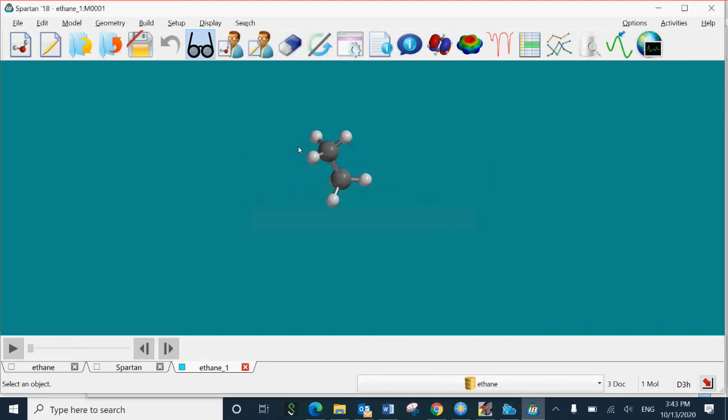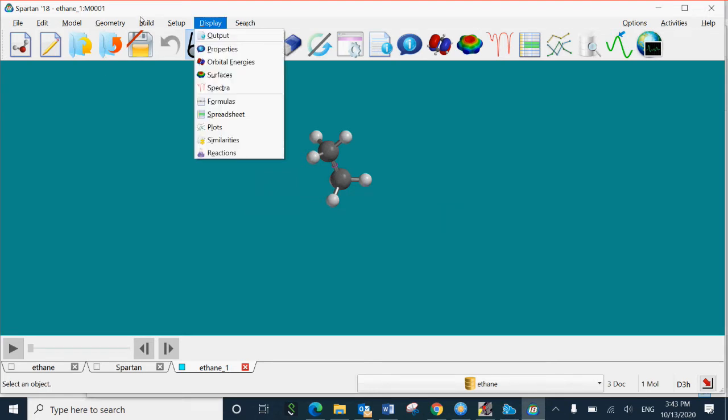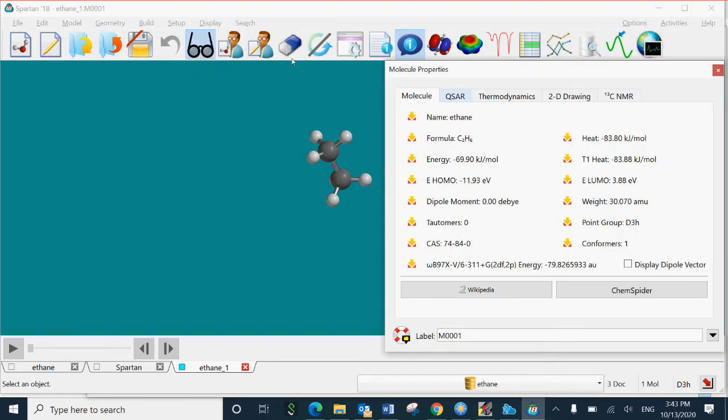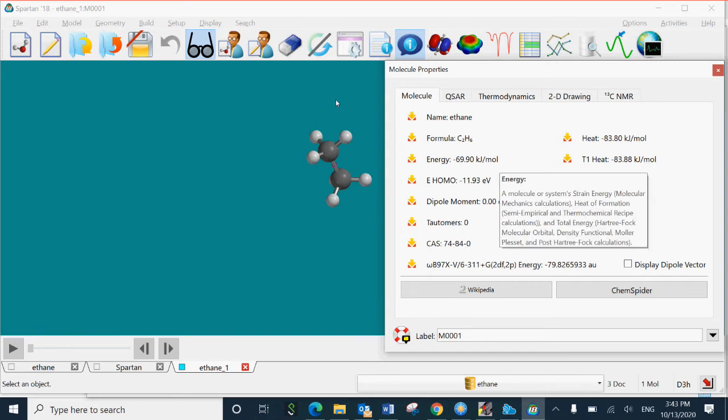Okay. So once the calculation is completed, you go to the display menu, then click on properties. Here you will see the energy values. So you need to record the energy value here. It's given as energy minus 69.90 kilojoules per mole.